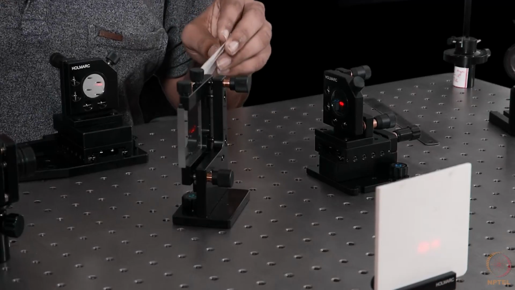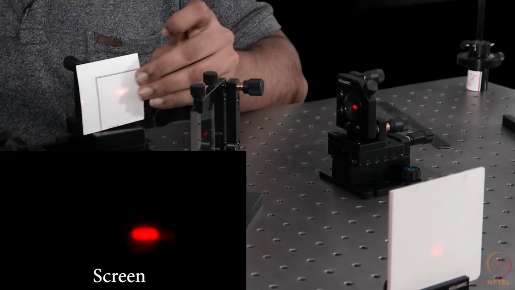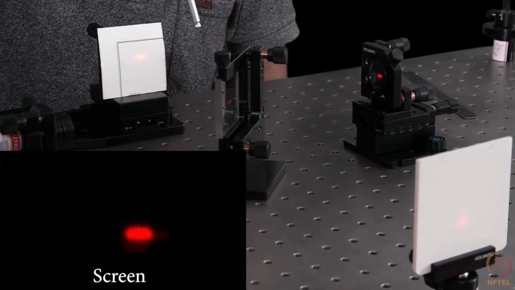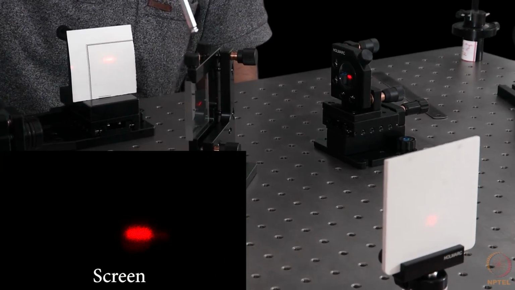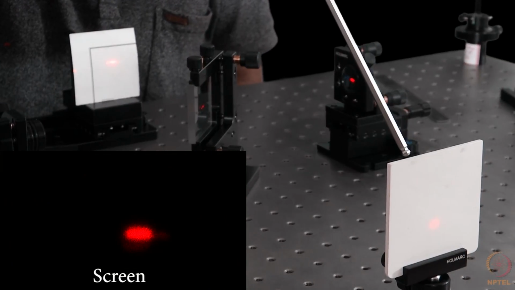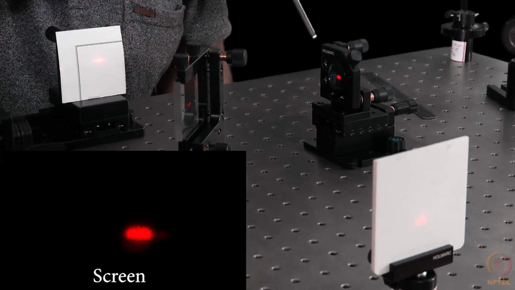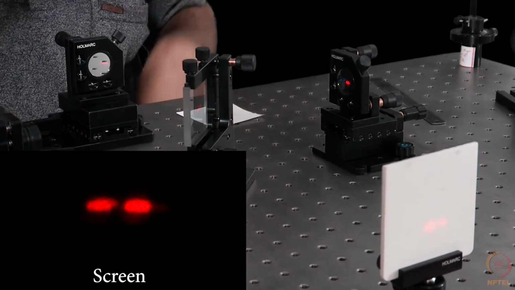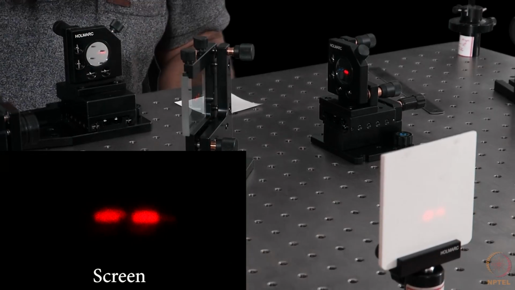So let us talk about path 2. To understand path 2, I am blocking the light in path 1 using the paper once again. Light from the laser source goes through the beam splitter and then strikes the mirror and goes back, again hits the beam splitter. From here the ray goes straight and hits the screen. Here we can see the spot because of path 2. Now I will remove the paper so that we can see two spots on the screen, one because of path 1 and the second because of path 2.